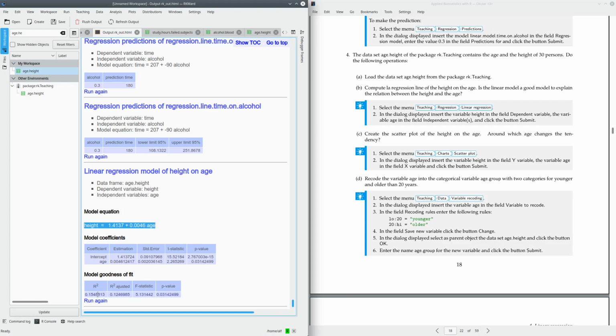But if you have a look at the coefficient of determination, it is pretty low, pretty close to 0. So that means that this line doesn't fit well the cloud of points. If we have a look at the